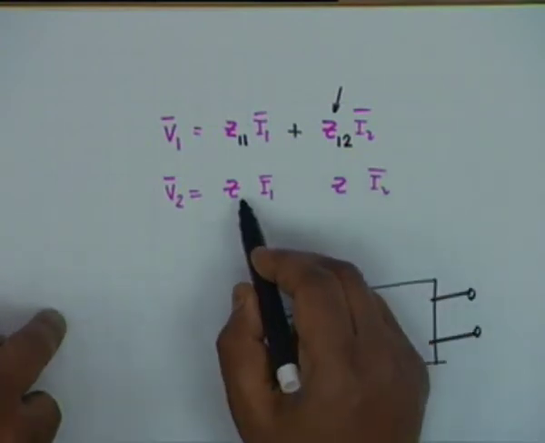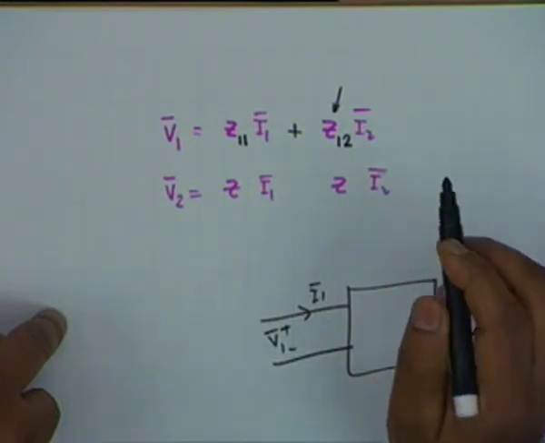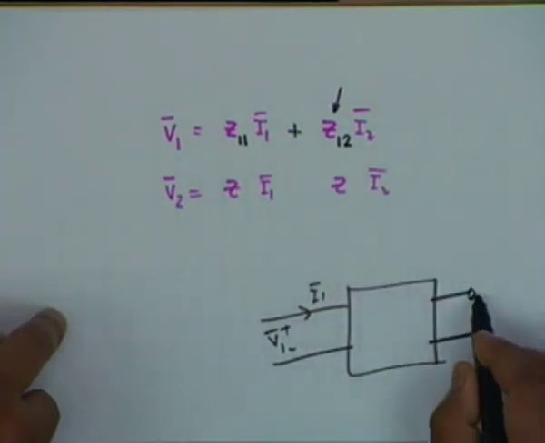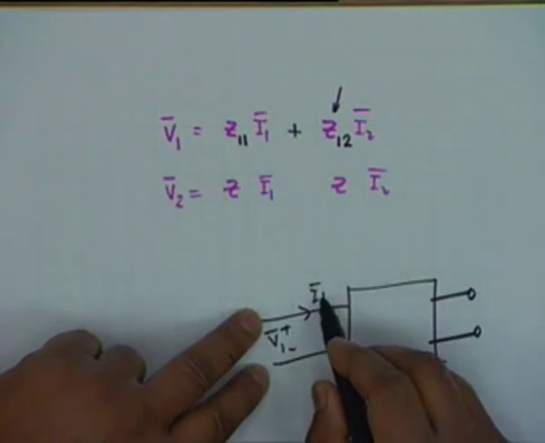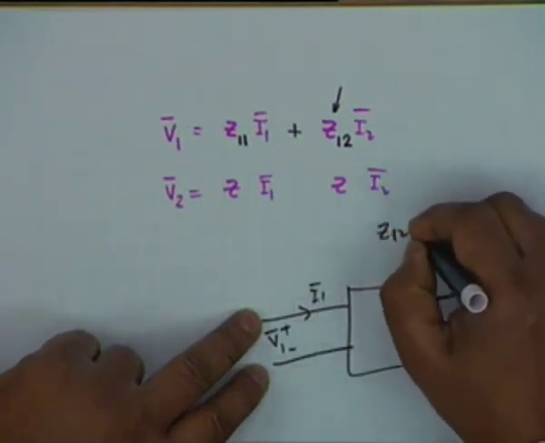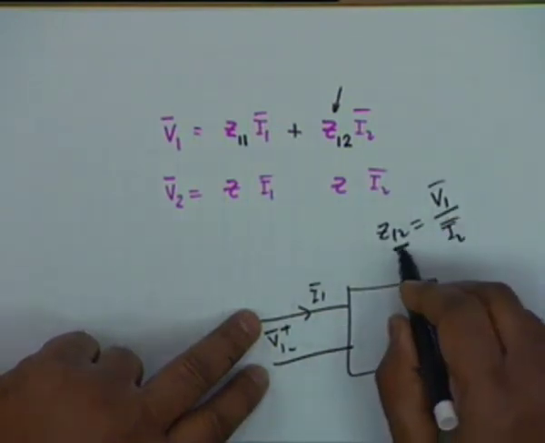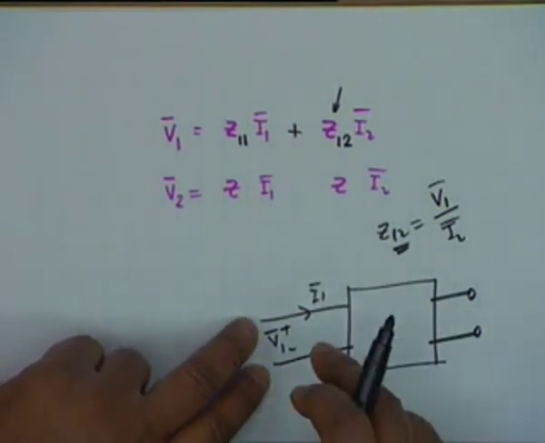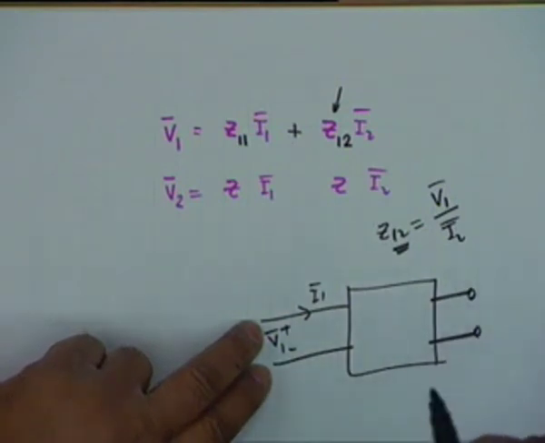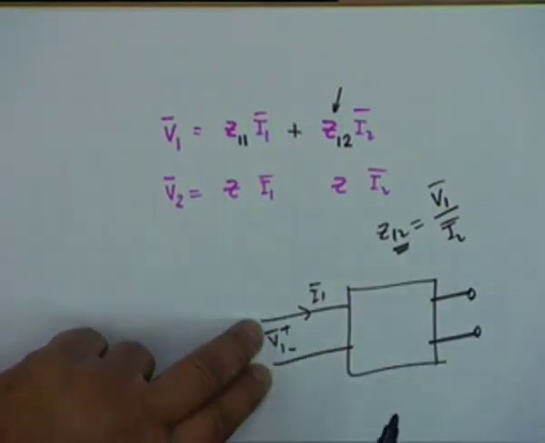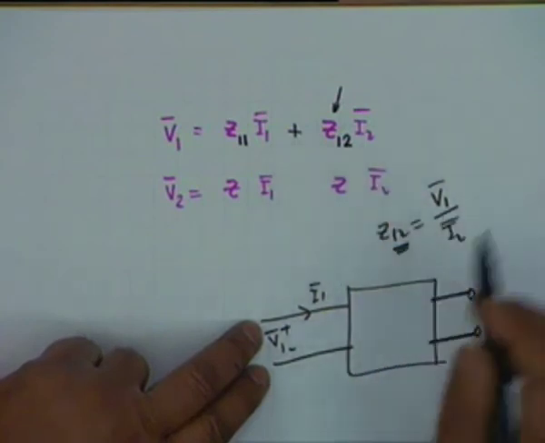All right. What should we call this? Now, before we go to the other one. But I2 is the independent one. Yes, sir. So it should be Z21. Okay. I2 is the independent variable. Yes, sir. And I am measuring V1. Under what condition? I1 equal to 0. So this is V1 divided by I2. All right. That is response at port 1 and excitation at port 2. If I had used a different nomenclature earlier, go ahead and change it. All right. This is the IEEE accepted terminology, universal terminology.